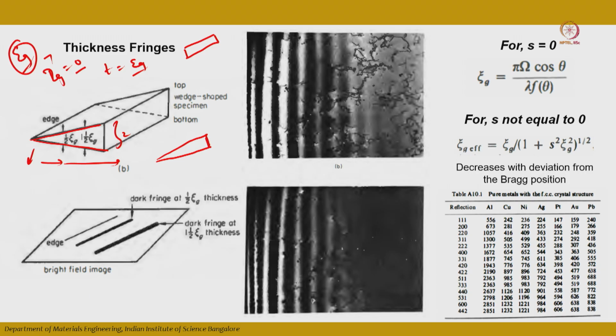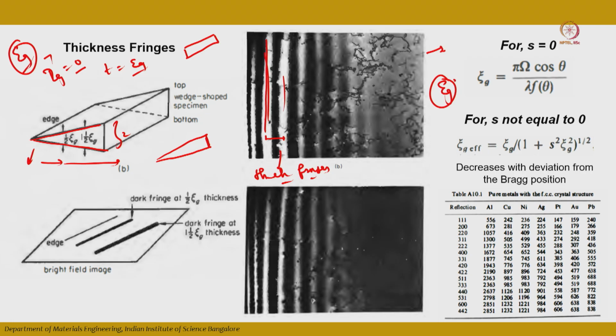On the right side I am showing a TEM image where you can see thickness fringes. These are called thickness fringes. The distance between two bright intensities, or between two dark intensities, is directly related to which psi g you are considering during your